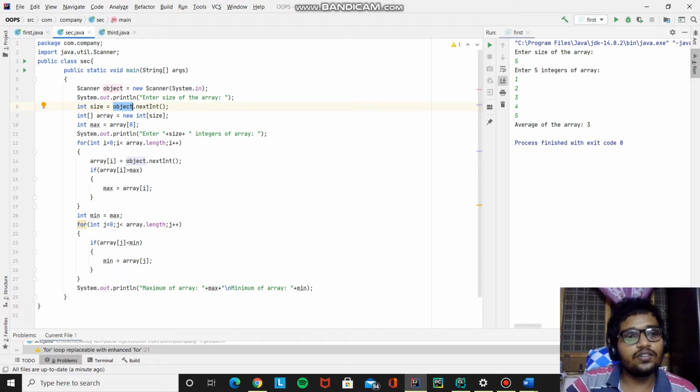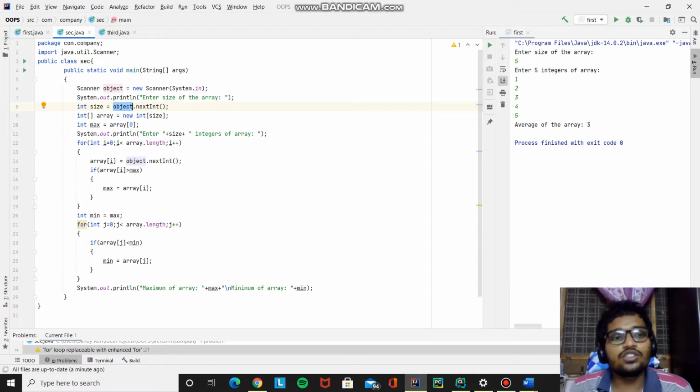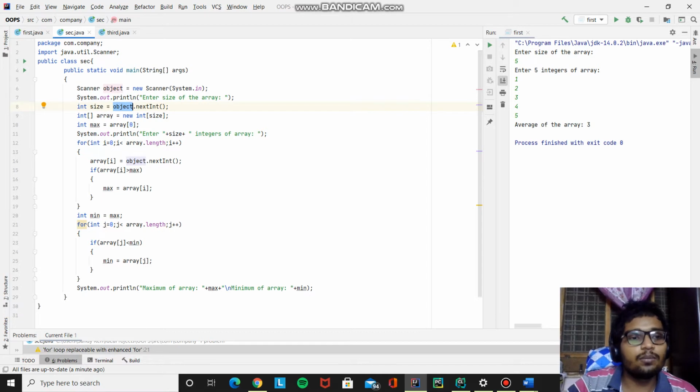Here we are initializing another integer variable, max, which is set to the first position of the array. We'll take the first position of the array and check whether any element in the array is greater than that first position. If it is greater, we will assign that one to max. Now we'll see how to do this procedure.